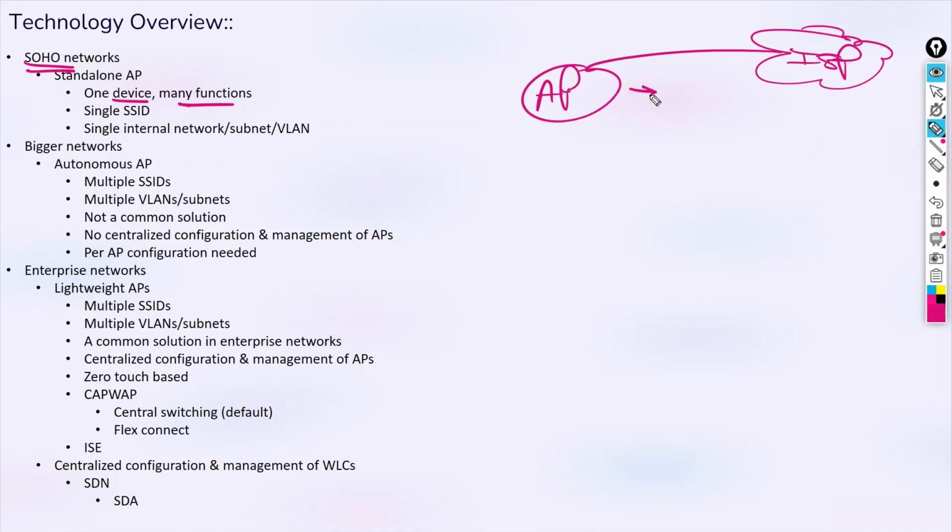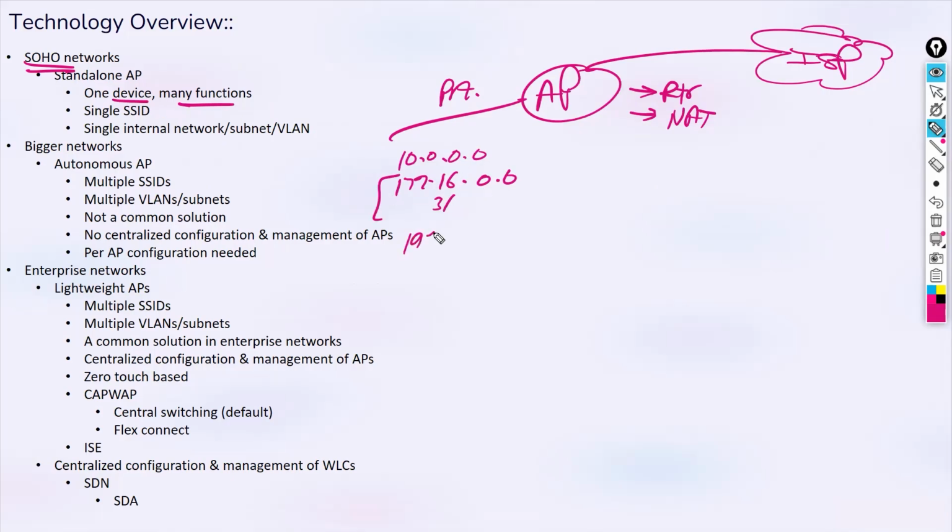This device itself is acting as a router for you because it is doing NAT. On this side will be your private network, RFC 1918: 10.0.0.0, 172.16 up to 31, or 192.168.0.0.